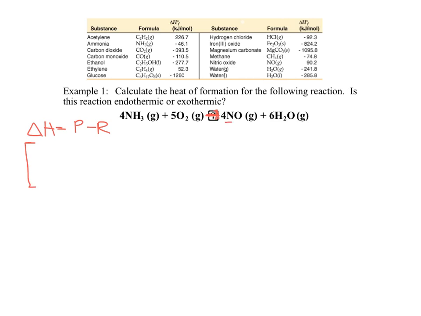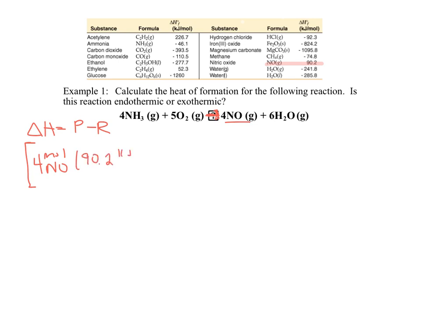So we're going to have 4 NO. If I have 4 moles of NO, now we need to look up the heat of formation of NO. So go to the table up at the top. We're looking for NO. Found it. So we've got 4 moles times